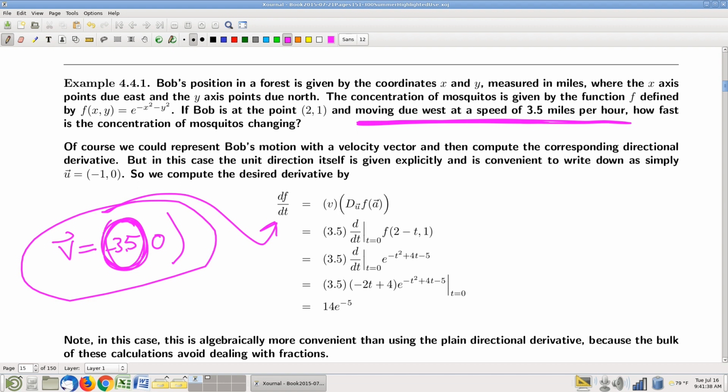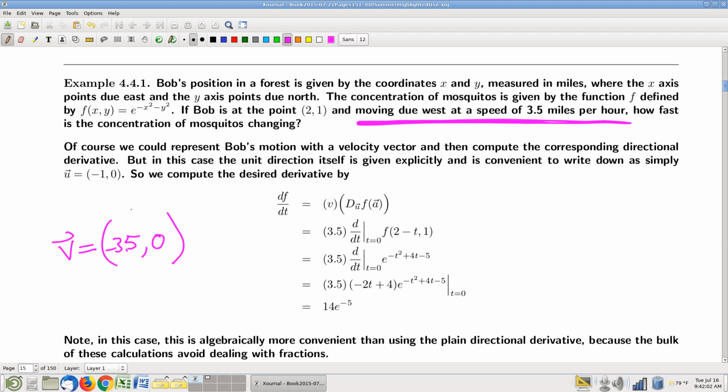Now, it's not such a bad fraction. I could rewrite it as 7 halves. 2 in the denominator is not that bad. But what if instead of 3.5, what if it was 3.68213? Something weird like that, right? Now you've got a nasty decimal that's sitting there carrying through your entire calculation. Extremely annoying and inconvenient. So the idea then is to interpret out of this